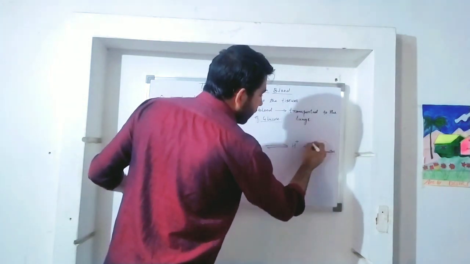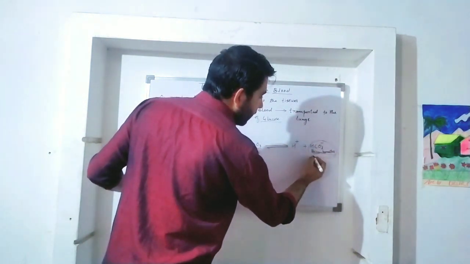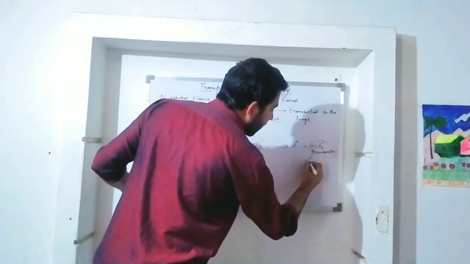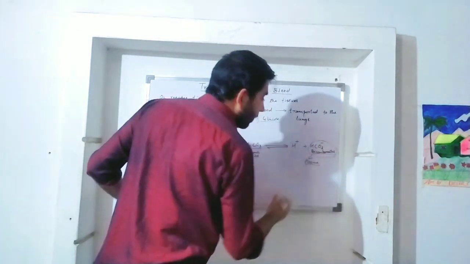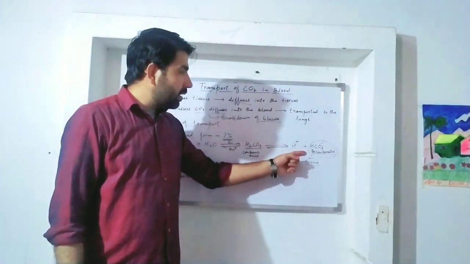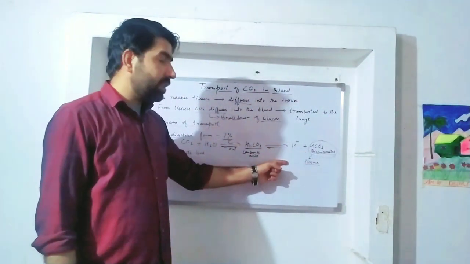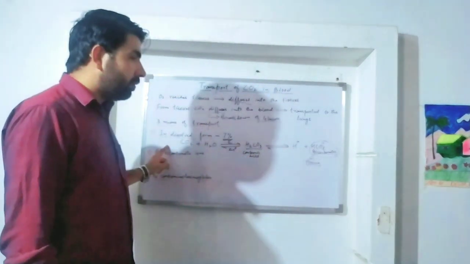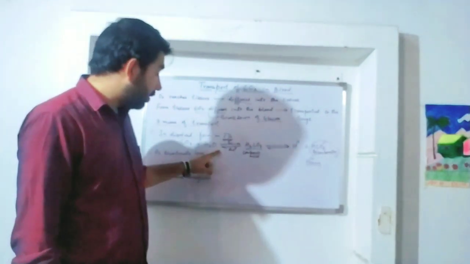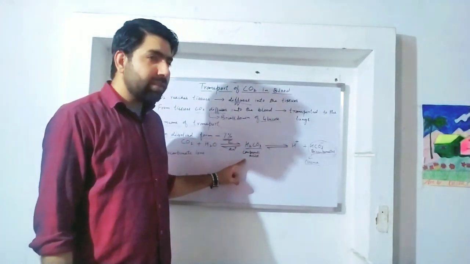Now these bicarbonates don't enter into the RBCs and remain in the plasma of the blood. These bicarbonate ions, which are present only in the plasma, are considered in the dissolved form. In the dissolved form, carbon dioxide first reacts with the water to form carbonic acid, and then